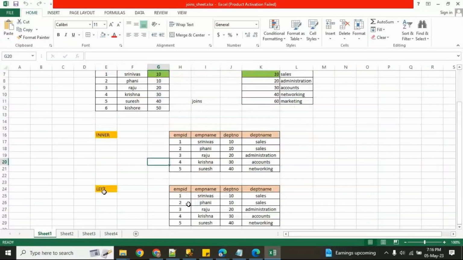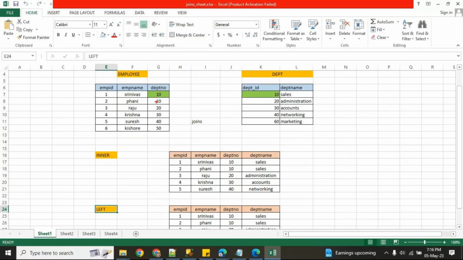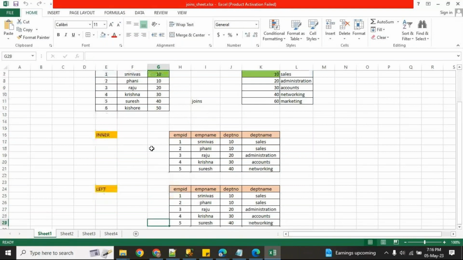So here, first the left join output will take the inner join output along with the left side. Is there any record which is not present? So the 50th department does not have any value here. So when you use the left join, you get all the left side data irrespective of matching in the right side. In this case, I don't have any 50th record.